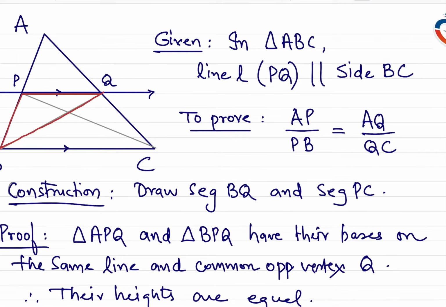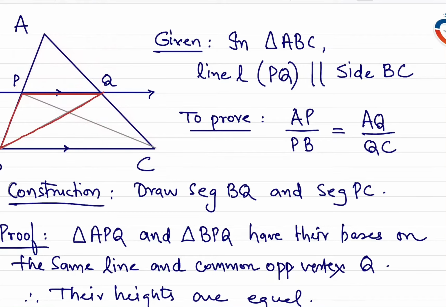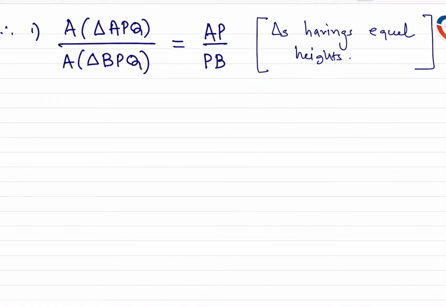Similarly, we consider these two triangles now. I'll take triangle APQ and triangle CPQ from here. Again the bases are on the same line and they have a common vertex P. Again the heights are equal. So you get the ratio of areas of these two triangles equal to AQ upon QC. So now we write similarly,